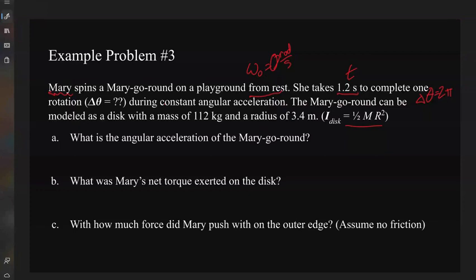Well, angular acceleration, we're looking for alpha. Now, for this alpha, we have omega naught, we have time, and we have delta theta. Okay, so if we want to put these all together, we can use our expression delta theta equals omega naught t plus 1/2 alpha